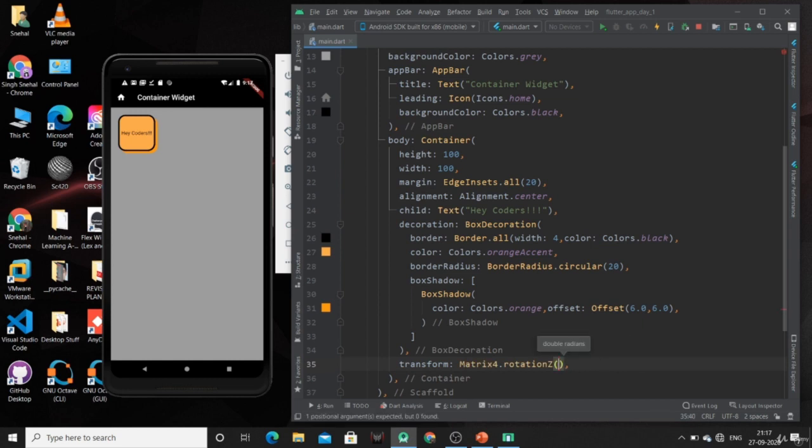I want a rotation at the z axis, so I have given rotation to this container along the z axis of 0.1 degree. You can also have rotation at the x axis and rotation at the y axis.